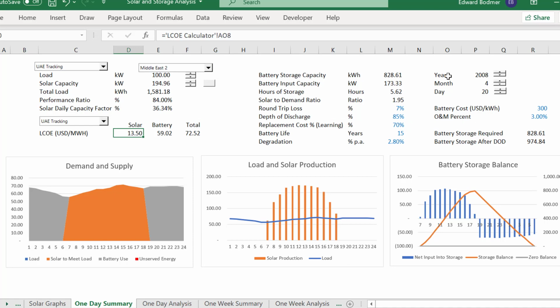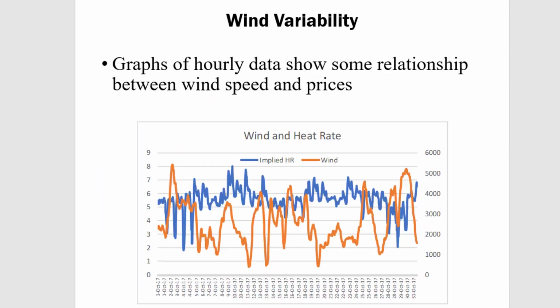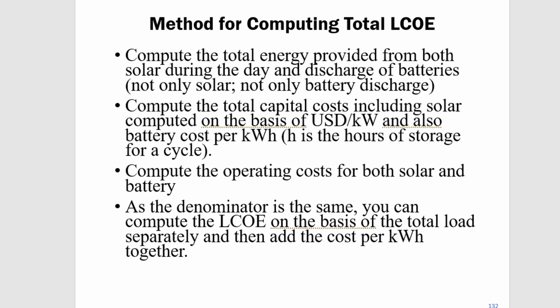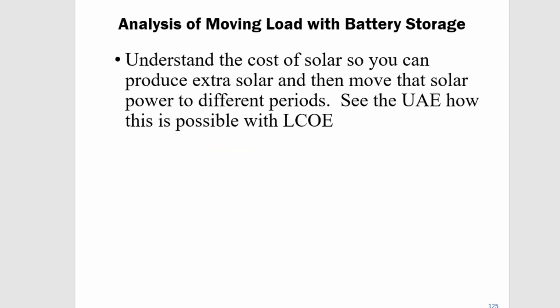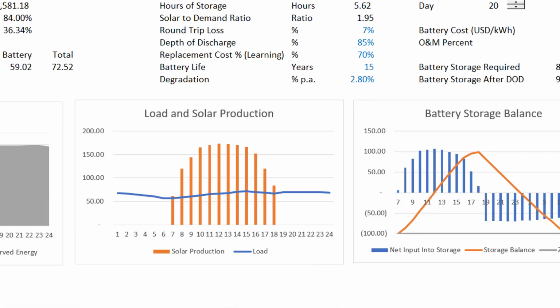The cost of the solar, which I have a really, really low cost, because what I did is went down here and found the world's lowest cost, EDF and Jinko Power, and somebody else. They made it for 1.35 cents. They use probably some bifacial, some tracking. Who knows? They don't tell you what they do. And I would strongly suspect that this is a real cost. I suspect that this inflates. So we use this. I'm going to come back to that. Okay, we use that.